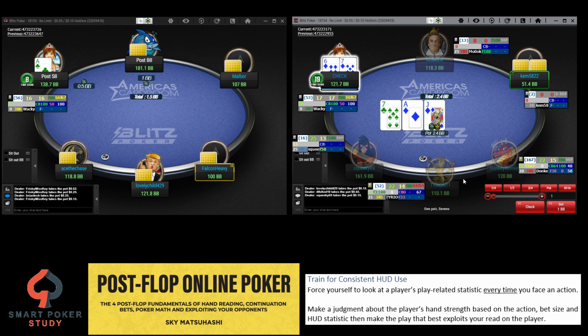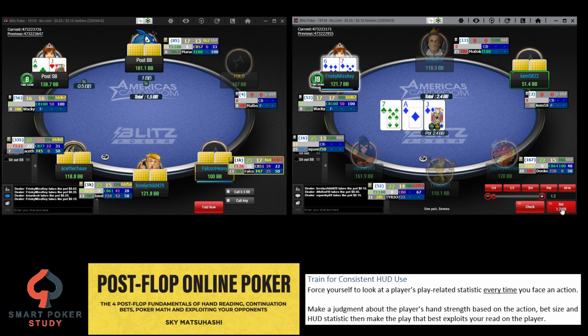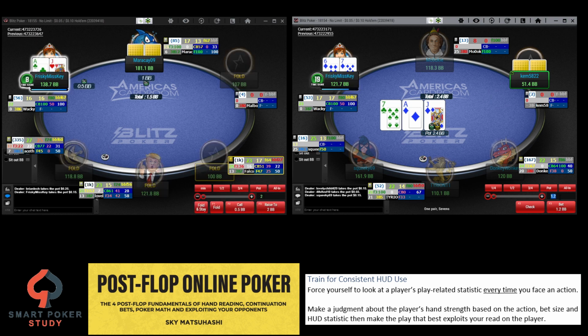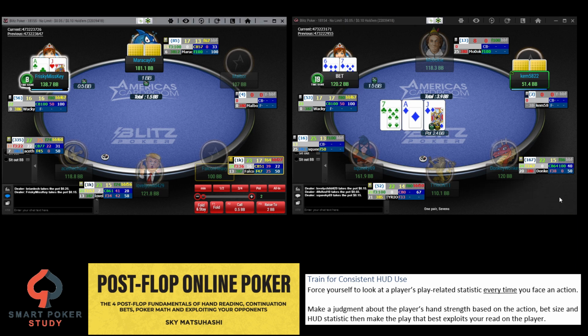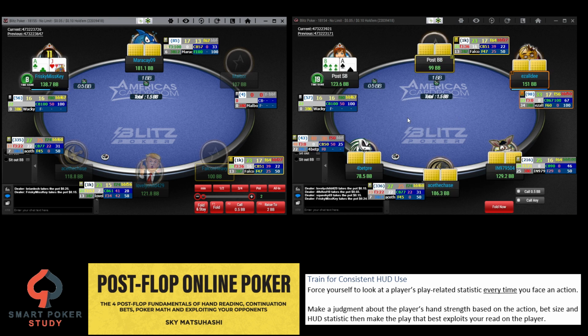Oh, pair plus a draw. Let's go ahead. Oh, yes. Let's bet. And the reason why I'm betting is because I do have that draw. Start to build that pot in case I hit. It gives me fold equity, so I don't even have to hit as well. And from out of position, a lot